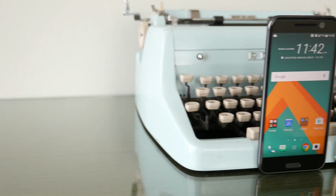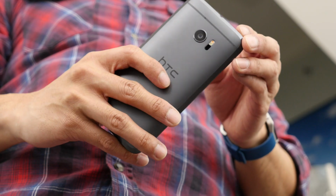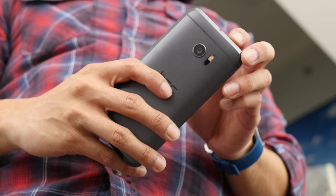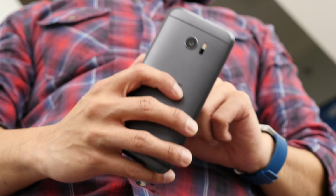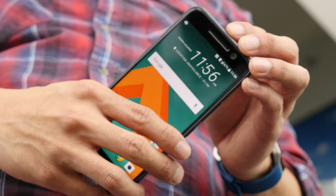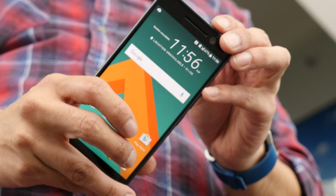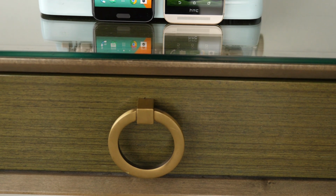If you haven't realized it yet, HTC has dropped the One moniker off its latest flagship. They chose instead to shorten and simplify its name to the HTC 10. It's a smartphone that not only looks dramatically different from its predecessor, but it's also spec'd to ensure that it's justified to be superior in every facet. By looking at the two, it's almost tough to discern any similarities, but trust me, there are a lot, like